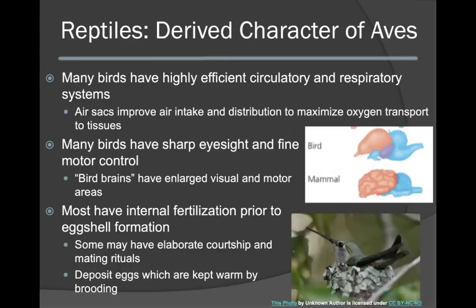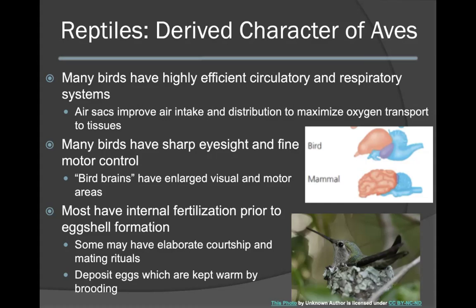Many birds also share other derived characters, such as a highly efficient circulatory and respiratory system. Birds have air sacs present to improve air intake and distribution. This will help maximize oxygen transport to tissues, especially during flight. In addition, many birds will have sharp eyesight and fine motor control. This leads to the typical description of a bird brain, which has enlargement of the visual and motor